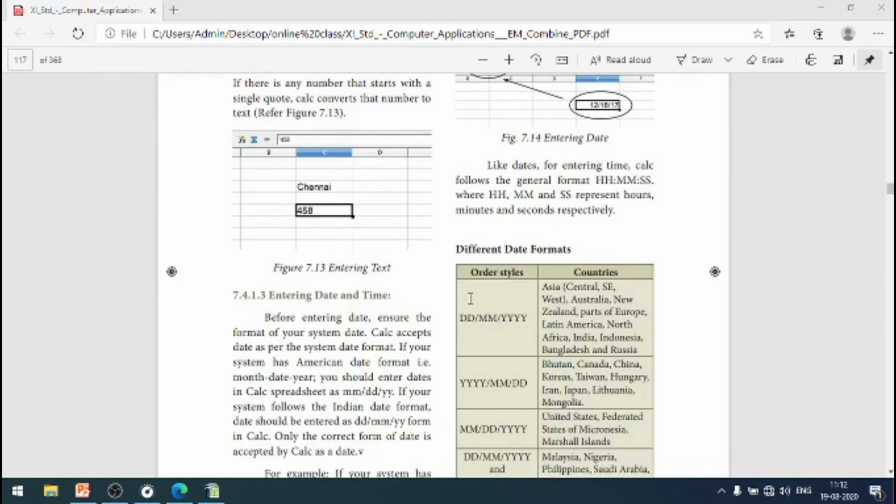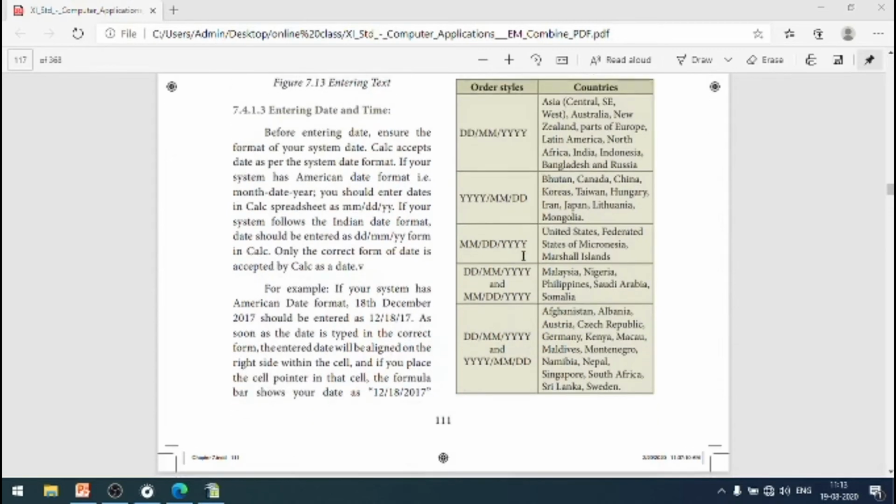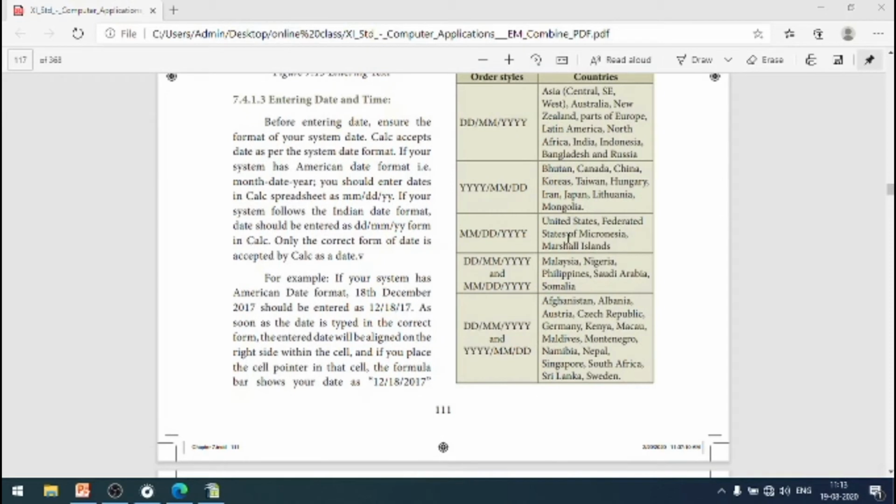In this table, there are so many date differences given. Asian countries generally use this format: date, month, year. And Bhutan, Canada, China, Korea, these countries use first year, then month, then date. Then the United States usually uses this format, that is first month, date, then year.